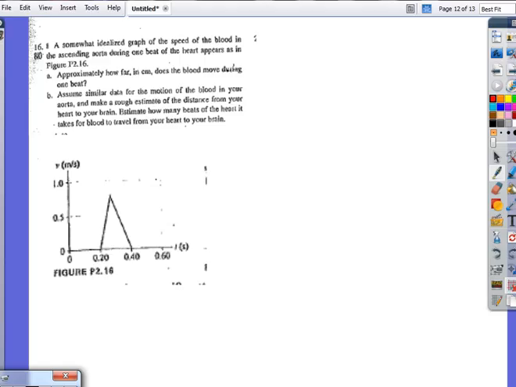So it says, we have a graph of the blood in the ascending aorta during one beat of the heart. Part A says, how far in centimeters does the blood move during one beat? So we're basically looking for this area here. So for A, this is a triangle. I'm going to do 1/2 base times height. So I get 1/2